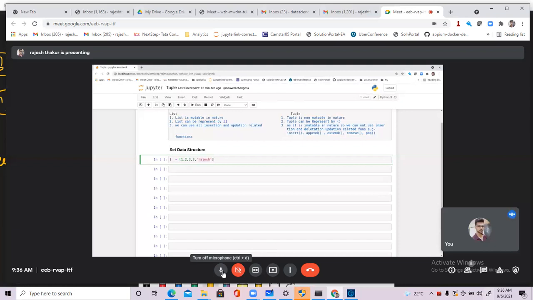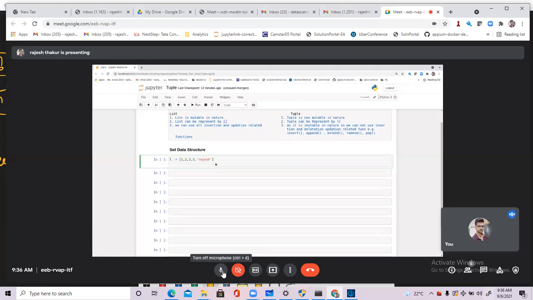In the case of set, you can only represent a group of individual, unique objects. Repetition is not allowed. Heterogeneous data you can store. This is the only difference between list and tuple versus set. In list and tuple, repetition was allowed. In set, repetition is not allowed. Okay, so now